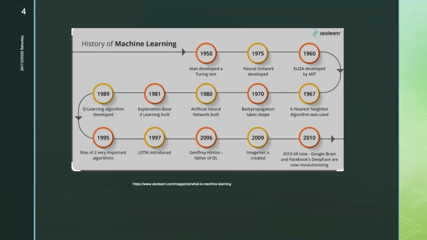And from there onwards, there have been very significant building blocks into different kinds of algorithmic developments. There have been developments in the neural network section. There have been developments in the artificial neural network (ANN) sections. There have been developments with different kinds of Q-learning, KNN approaches, and so on. We saw the development of RNN models, from there on, the development of LSTM models, from there on, the development of autoencoders, from there on, the development of